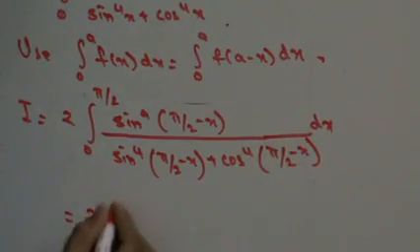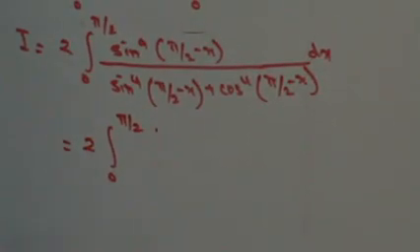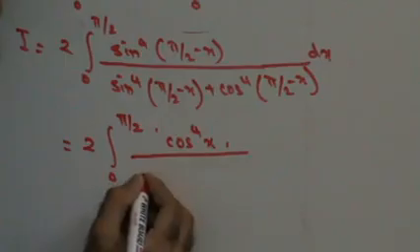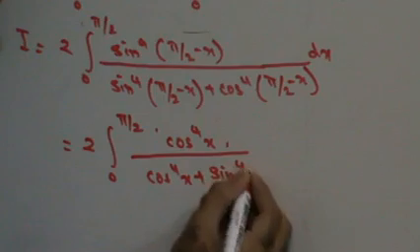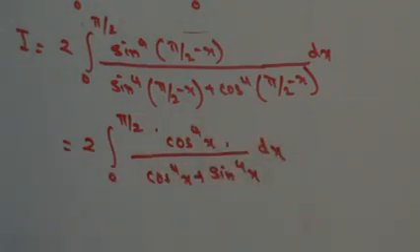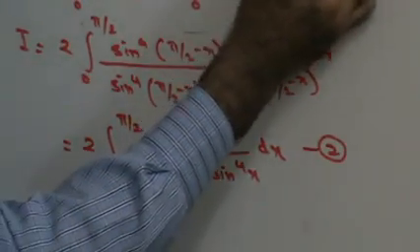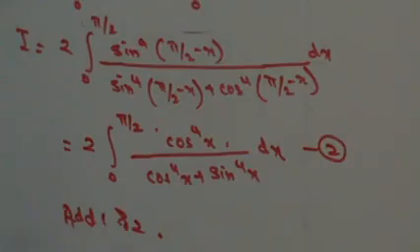Now sine 90 minus theta is nothing but cos theta. Cos 90 minus theta is sine theta. Let us call this equation 1, and this equation 2. If I add 1 and 2, let's see, what do I get? I can say that I plus I, 2I,